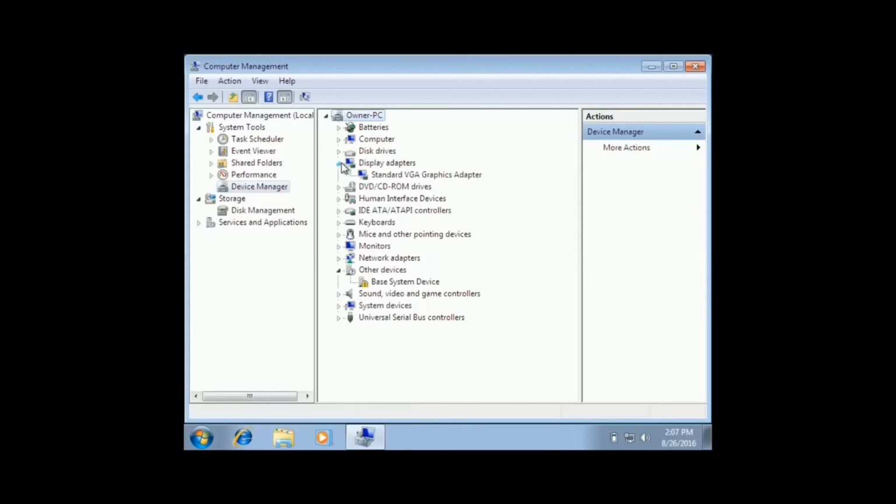Looks like the video drivers are not installed correctly because I've got this really huge nasty screen resolution. With each computer model it's a little bit different, depending on if your computer came with Windows 7 or if you upgraded to Windows 7 later from a different older operating system. Some of these might automatically be installed and included with Windows 7, so you'll just have to see what's working on your computer when you're done. And that is how you